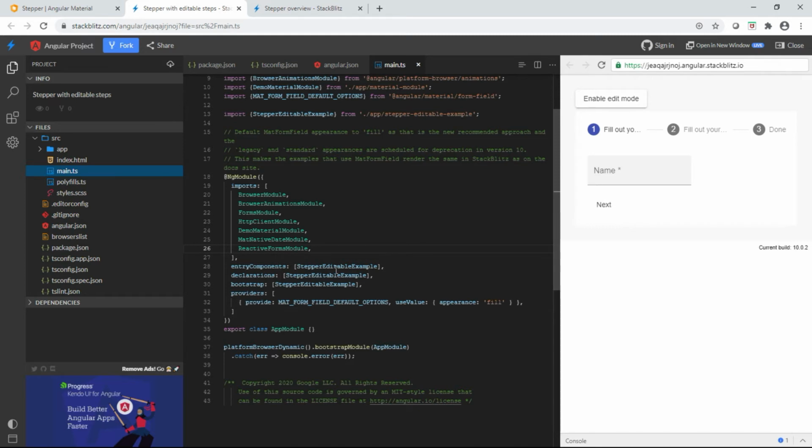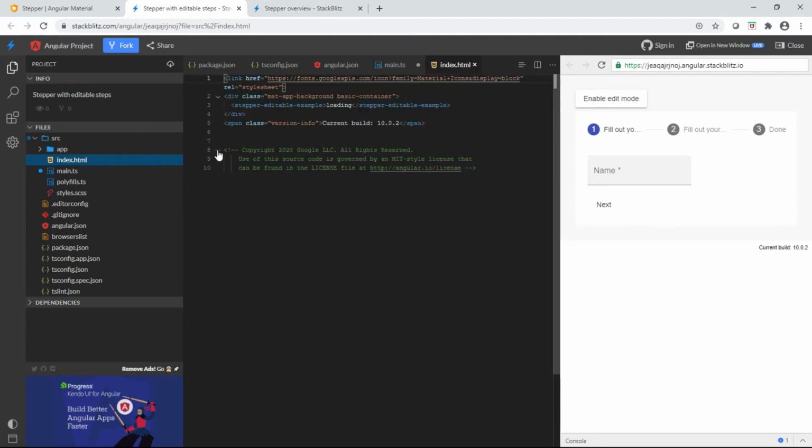I list the stepper editable example as the entry components and bootstrapping, and then I use this injection token to inject this options that I set for the form fields, etc. And what we talked about was the ability to change the look and feel of the form fields just by injecting this token and using a certain appearance value. Okay, and then we bootstrap the app module, and the app module bootstraps the Angular component. So basically, in the index.html, we do have a custom HTML tag, which is my root component, and my root